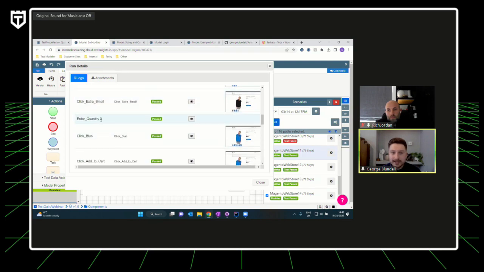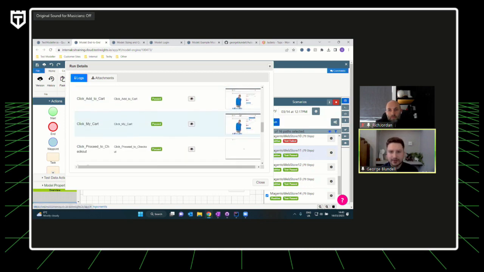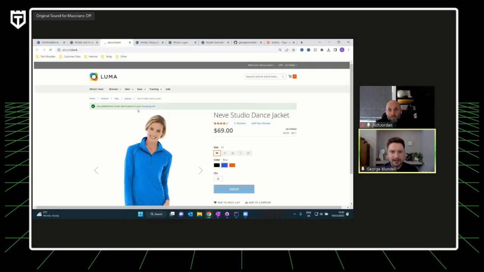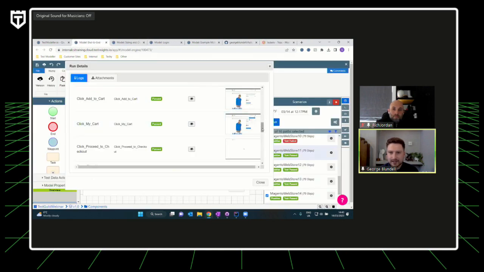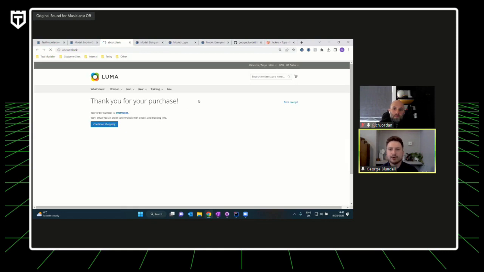We scroll down, and you'll see that one of the data generation functions for quantity resolved. It gave us 3 in this instance. As we go through, if we click on here, we've added this particular jacket to the shopping cart. As we continue, we eventually get through to the end point of saying, thank you for your purchase.